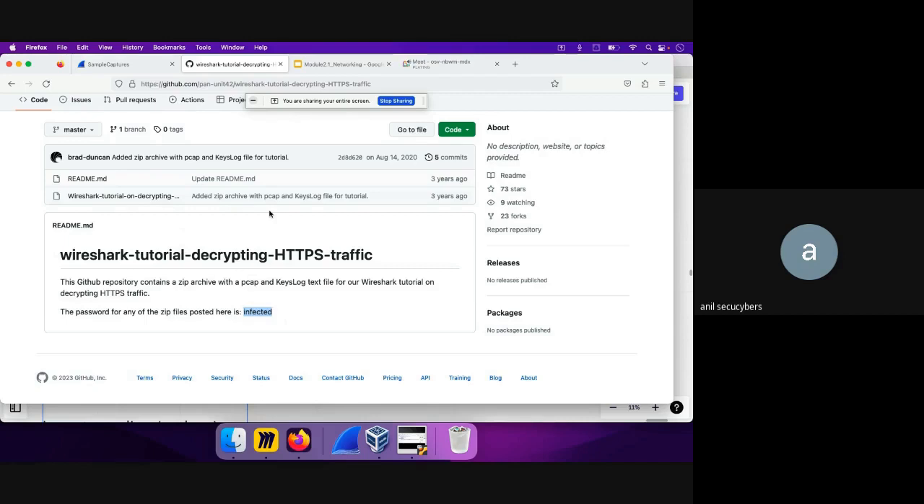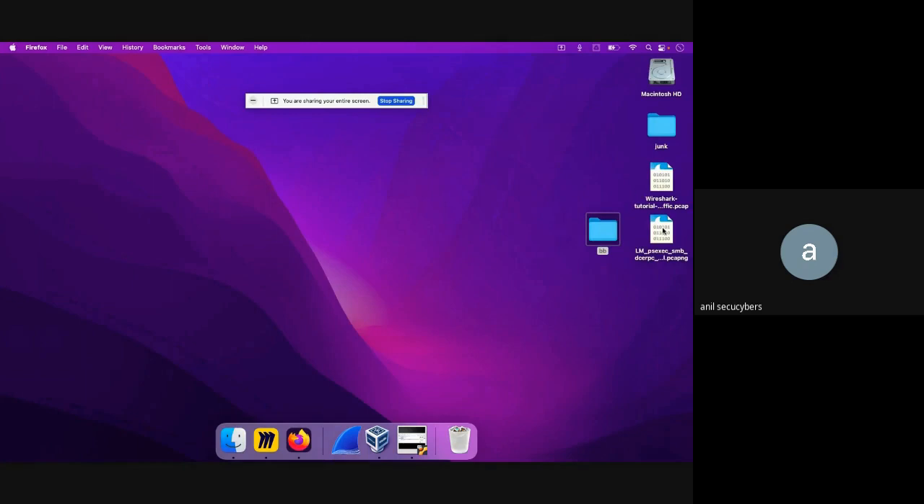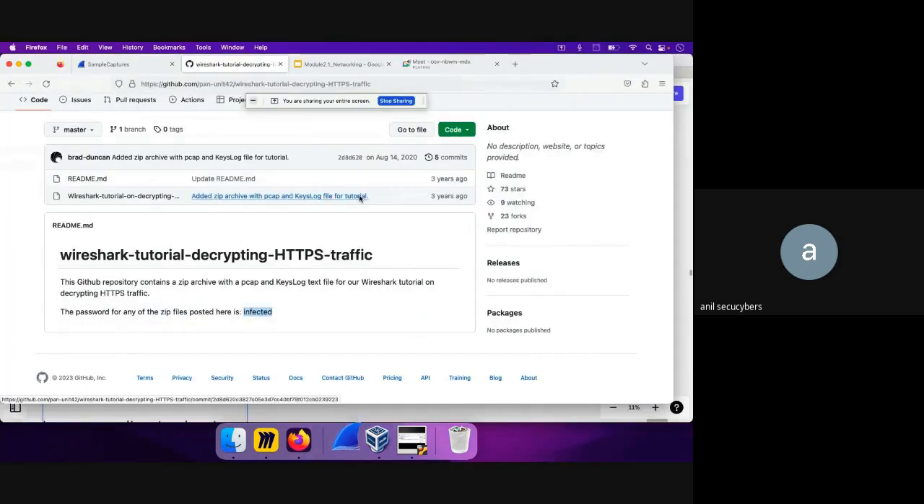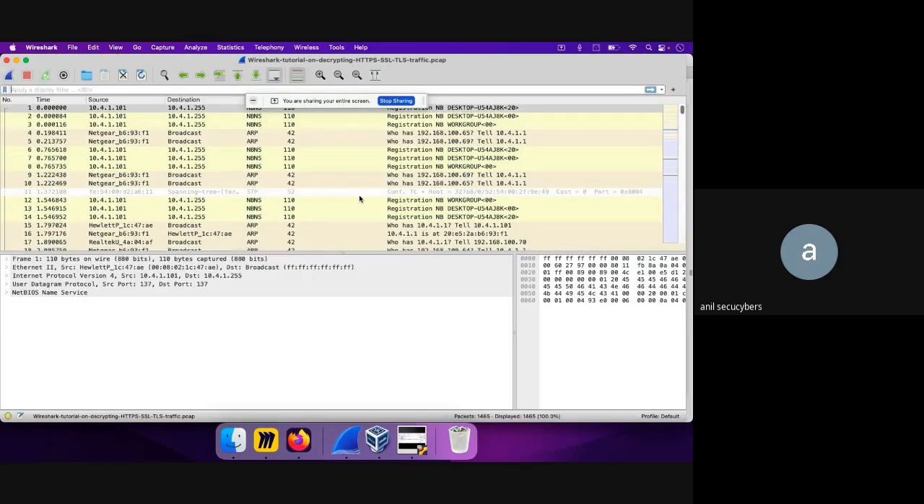Okay. So I will be now opening this PCAP file. So give me 1 second. Okay. So it's opening up. Okay, so this is the PCAP file that I wanted you guys to share. And the thing is that this is actually in